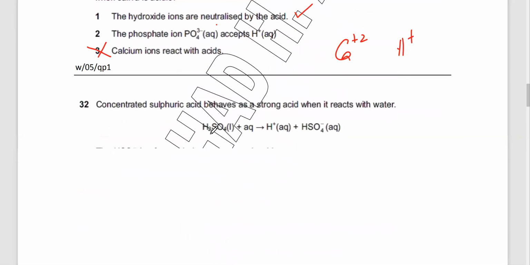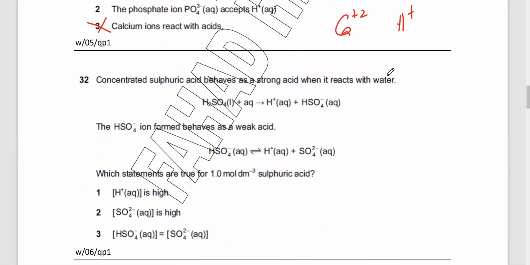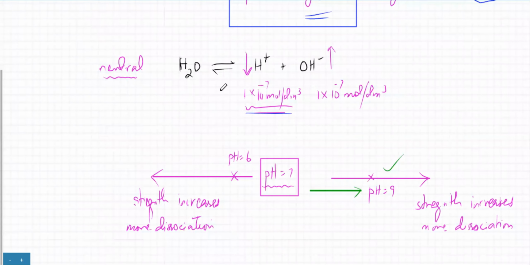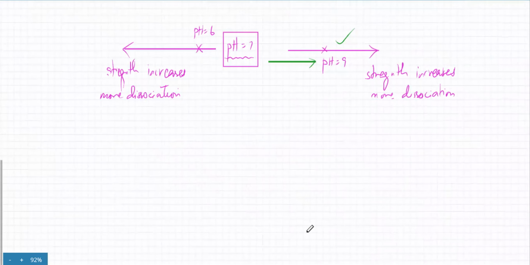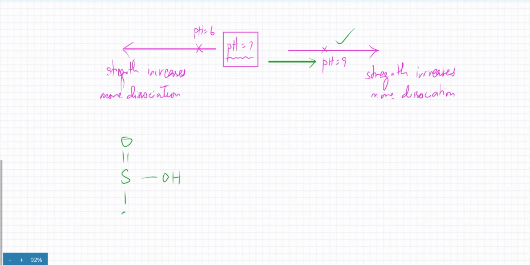The next one is concentrated sulfuric acid behaves as a strong acid when it reacts with water. So one other very interesting thing is that if you look at any acid, let's say sulfuric acid. Sulfuric acid has this structure. It has S double bond O, and there are three OH groups. No, just two. It actually has two double bond oxygen. So this is H2SO4. Now, a lot of you think that H2SO4 dissociates in one go,